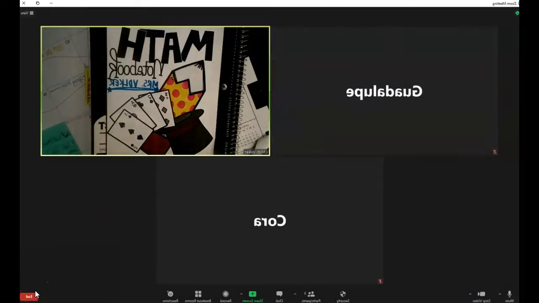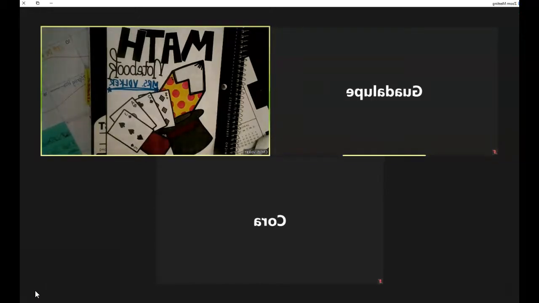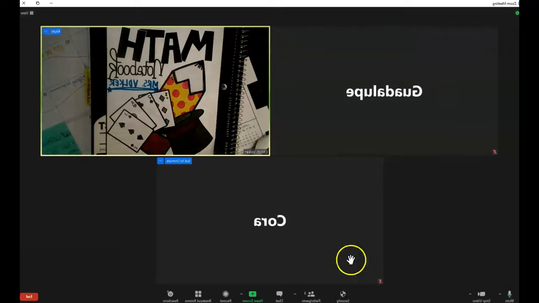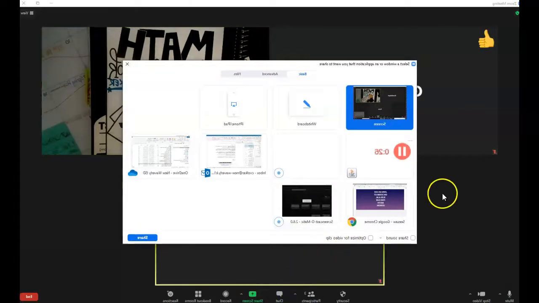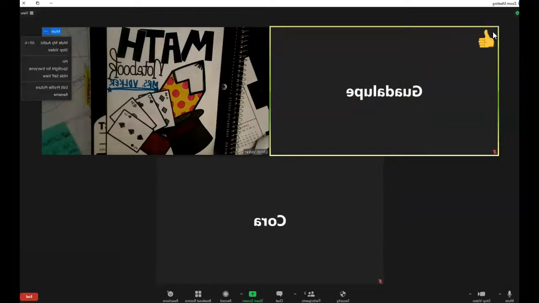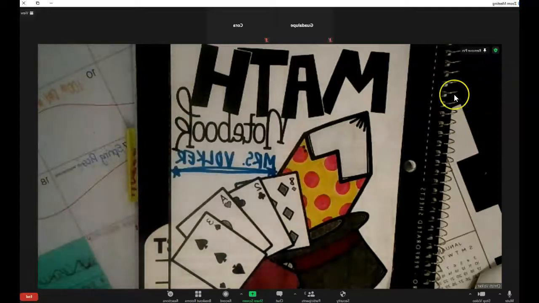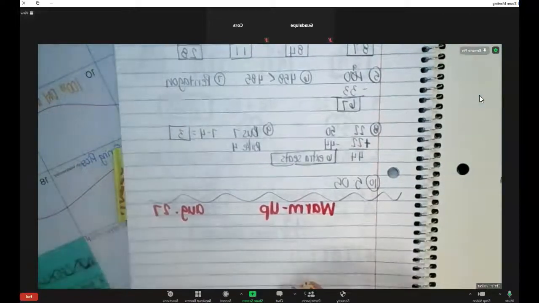Hi. So we're getting our math notebooks out. We're going to do some notes in our math notebook to start off. Can you guys see the screen? Yes. Okay. Let me make this bigger. There we go. Is that better for you guys in class? Okay. So if we open our math notebooks to a clean page,